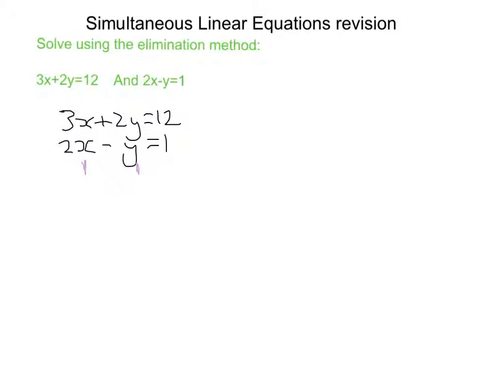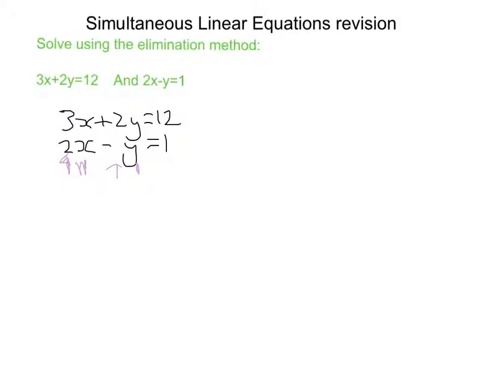What we need to do is identify if we have a coefficient of x or a coefficient of y which is the same. So I'm comparing the coefficient of the x's here. They're not the same. Now if I look at the coefficient of y's, neither are they the same. So we've got 2 and 1 now. What we need to do is to try and make them the same. So it's a little bit like getting a lowest common denominator with fractions. Same sort of thing. We've got to try and work out the easiest way of making some of these coefficients